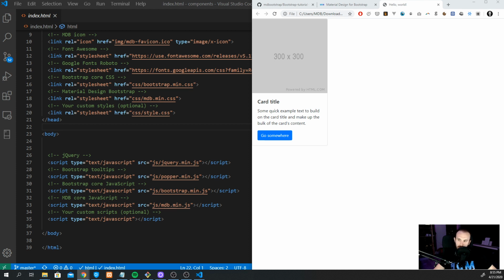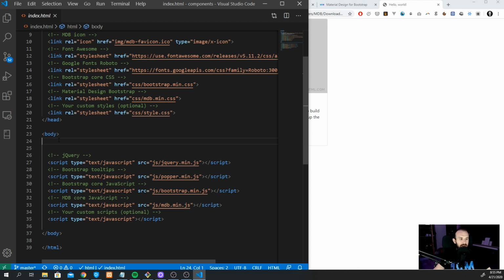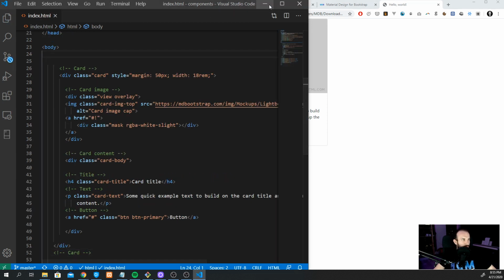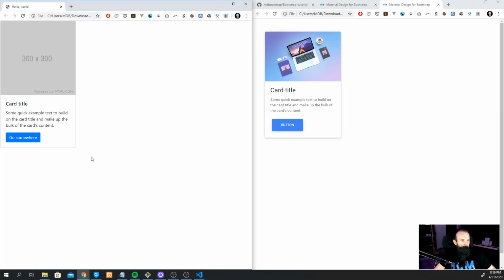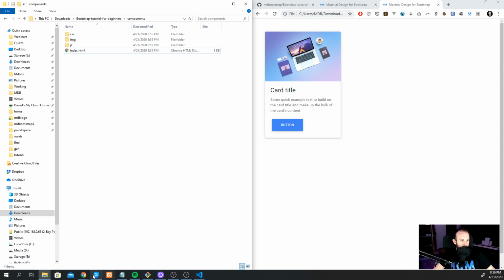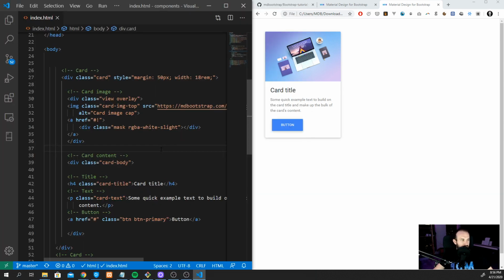Now let's use the same card but with material design styles. Let me open this now. As you can see, the code is pretty much the same, usually the same or almost the same, but material design gives us this nice style and some effects. You can see we have this small shadow here, slightly rounded corners, this waves effect, and so on and so on. Just for information, we will still be talking about the Bootstrap components, but I will just be using this MDB library right now. So you're going to see that the look will be